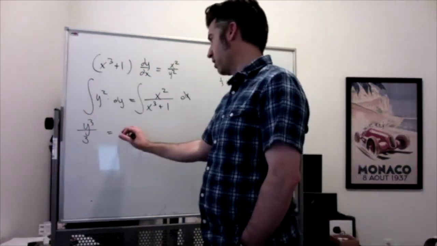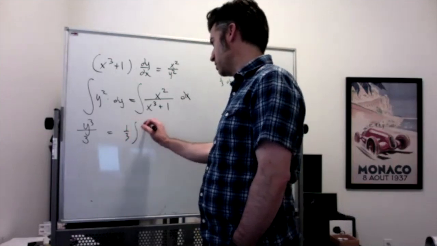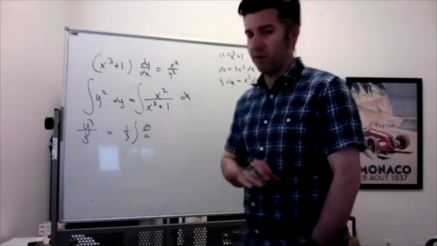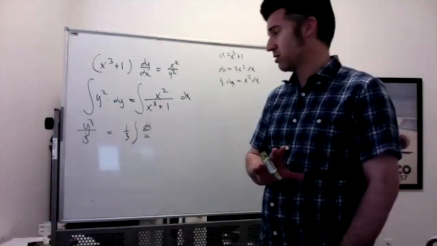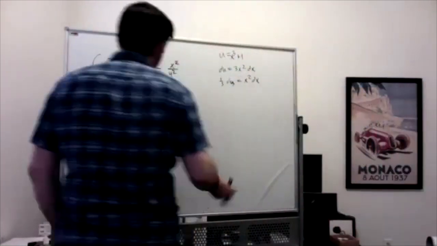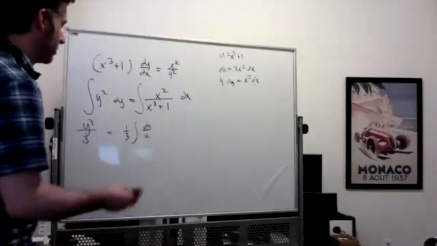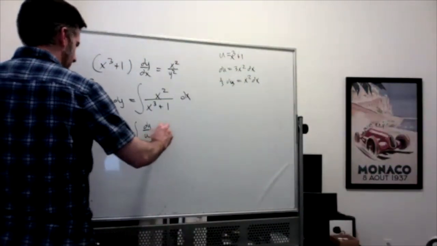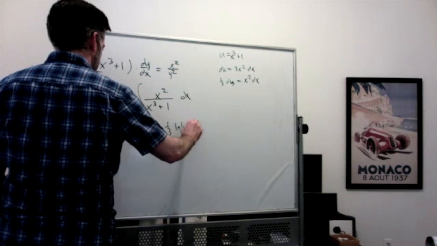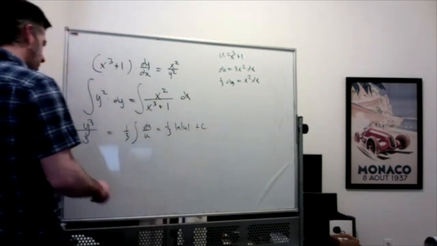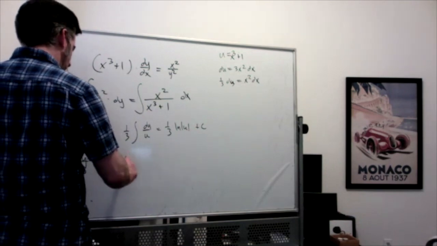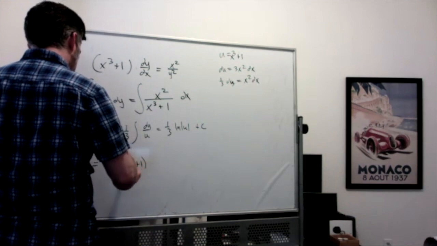So this is going to be the integral of 1/3 du. Now, it might seem very tempting to cancel the 3's here, but I wouldn't recommend doing that until we've integrated this really. Although it's probably safe to cancel them, I just don't want to make any mistakes. So integrating this, we get 1/3 the natural log of the absolute value of u plus C. And then we have y cubed over 3 equals 1/3 the natural log of the absolute value of x cubed plus 1,